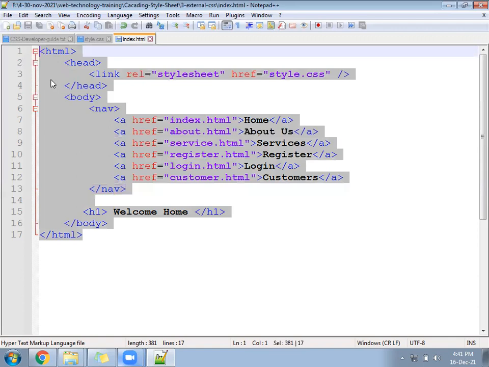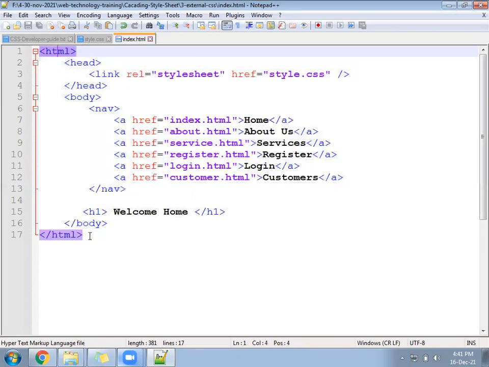Copy this index file, paste in the next file, and give the file name about.html.